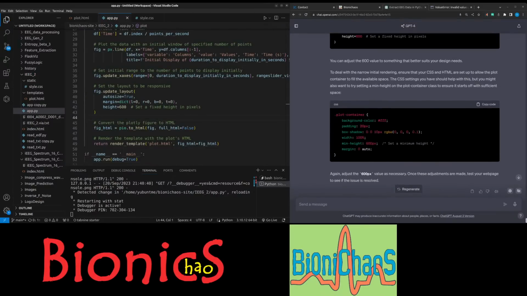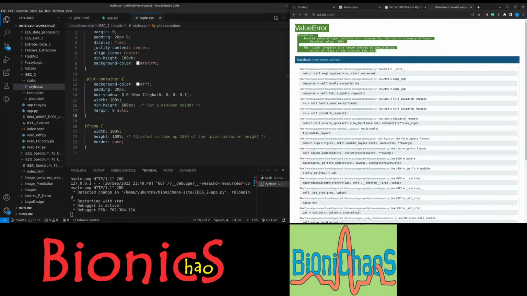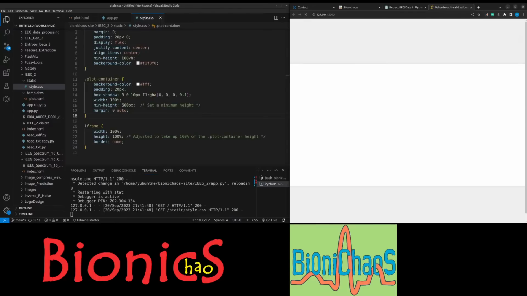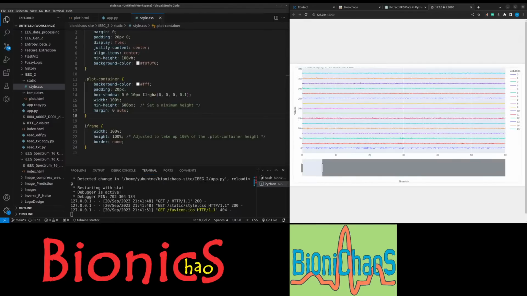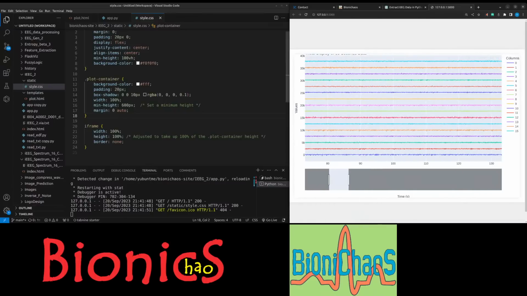CSS plot container. It's working, but it's not... Anyhow,